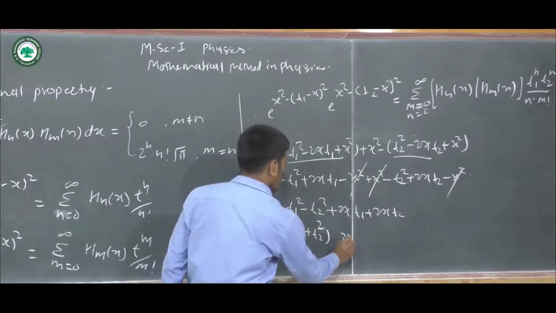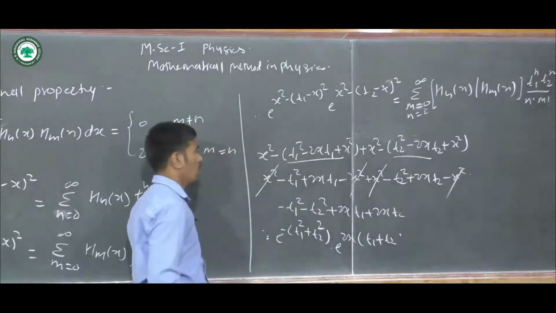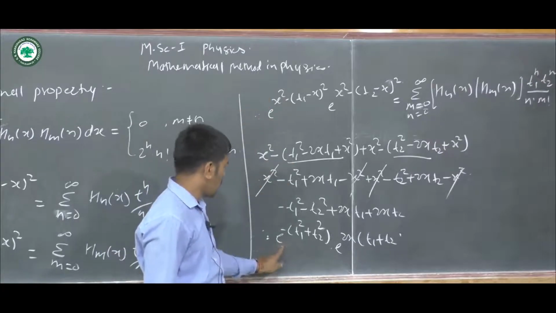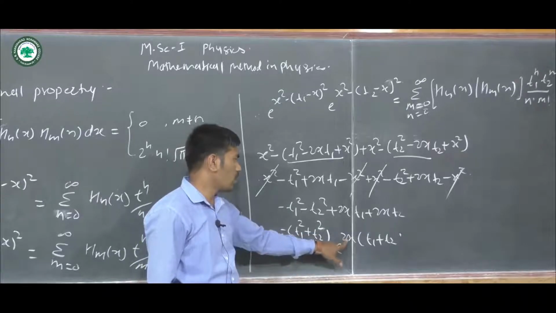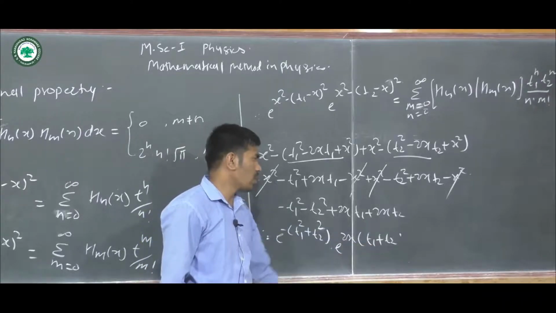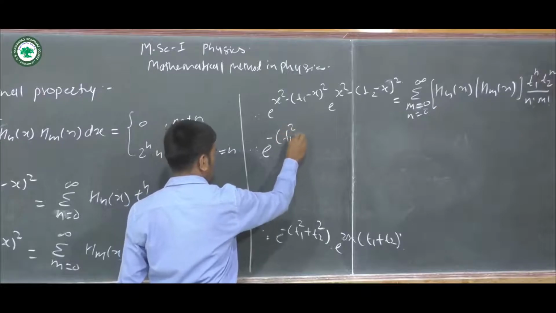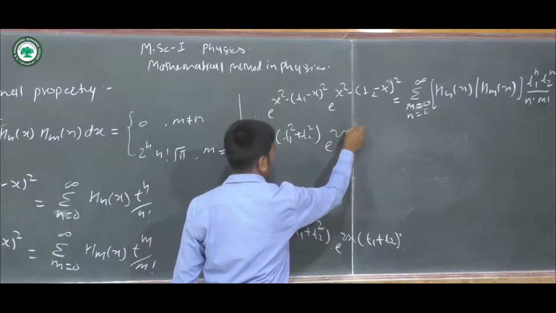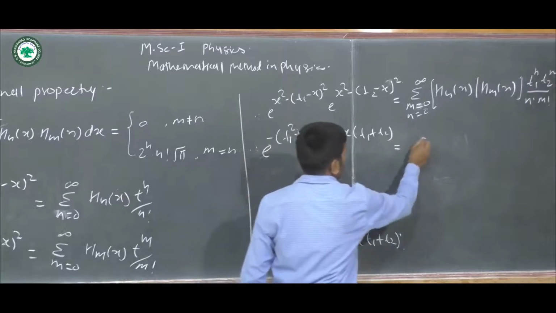So we can write this like this: e raised to minus (t1 square plus t2 square) into e raised to 2x (t1 plus t2). So the left hand side of this equation is now e raised to minus (t1 square plus t2 square) into e raised to 2x (t1 plus t2), which is equal to the summation over